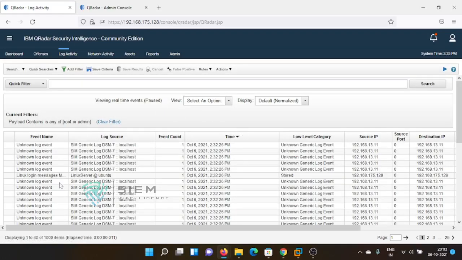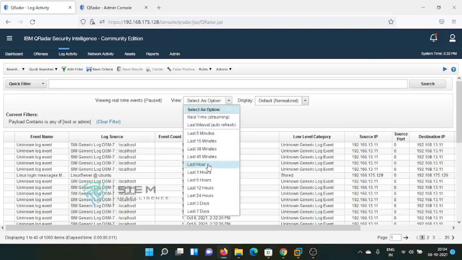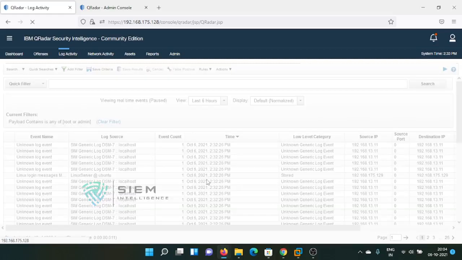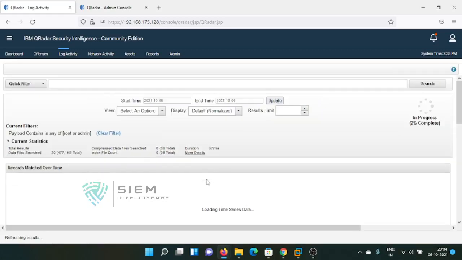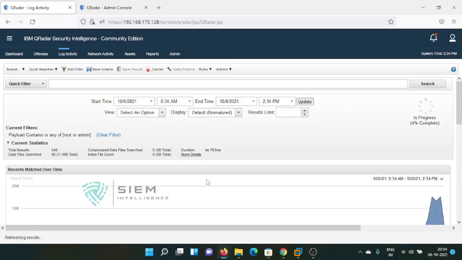Right now the condition is real time activity and it is now stopped. Now I want to check the last 6 hours data only. Why? Because my Curador cannot sustain that much capability. It doesn't have that much capability. See, it is taking so much time. It is still 6% only.